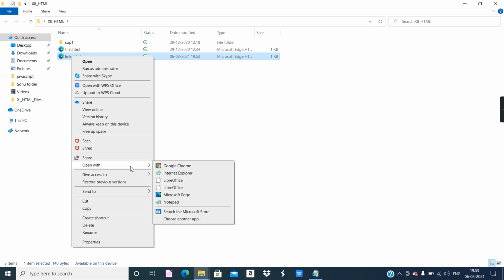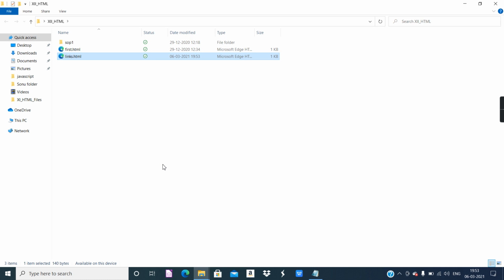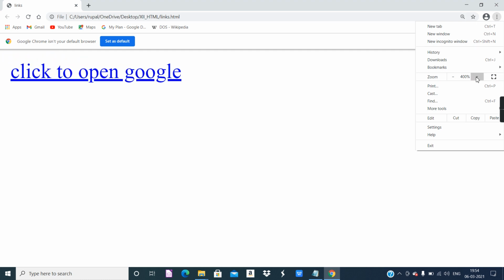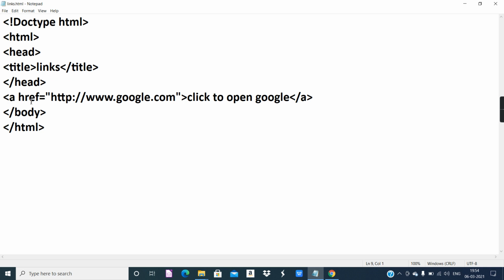Right click on it. Use the open with option. Use any web browser of your choice. I selected Google Chrome. Now see, a hyperlink has been created. I'll zoom in so that you can see. Click to open Google is the text which we gave between the opening and closing of the anchor tag.